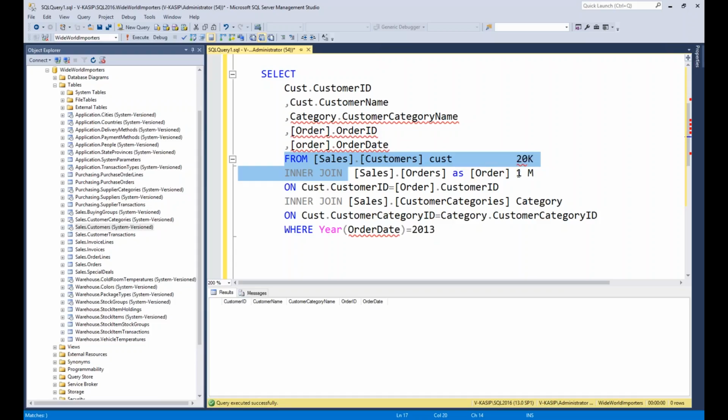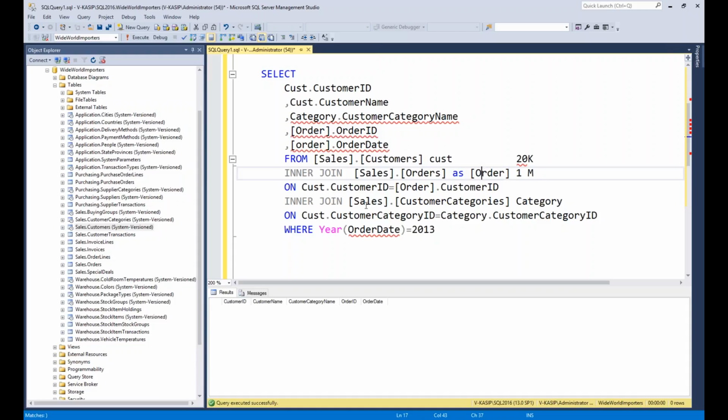Okay. So if you have 1 million records over here and 20 million records in the other table, generally an order is associated with a customer ID. There won't be any null in the customer ID for the order table. From a minimum data perspective, without the customer ID, there won't be any order. Given that, as the order table has 1 million records, the output of these two will be 1 million records. That's why you see duplicate records for each customer, right?